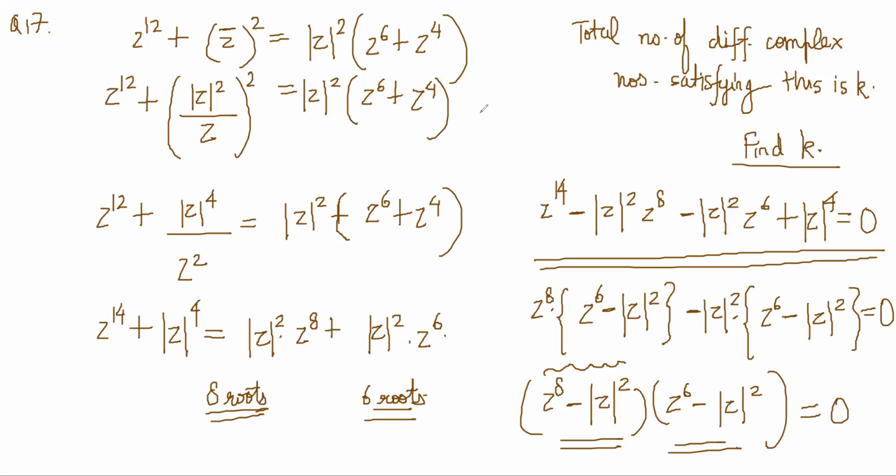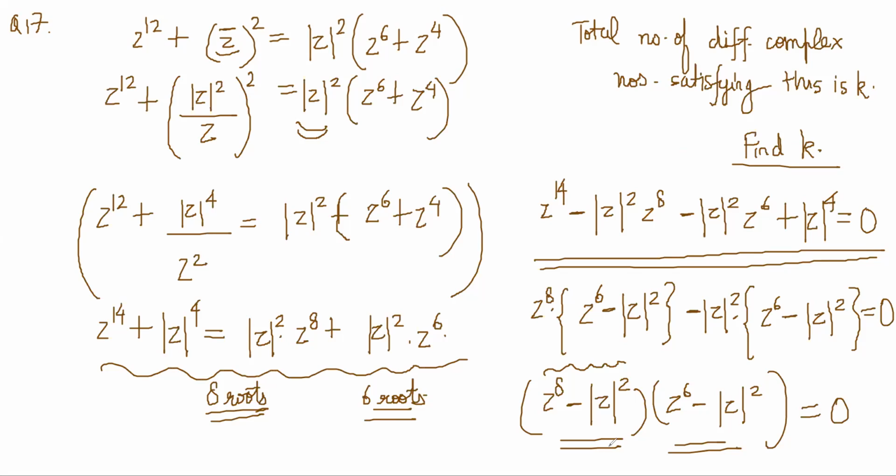Sparsh, do you understand what we are doing so far? Yes, sir. Why did I write this like this? To avoid having conjugates, right? And I want to create a full polynomial equation. I am not bothered by mod z square because that is a real number, right? I am creating a polynomial equation in z. This is my polynomial equation in z, and then I have simply factorized it, it's obvious factorization.